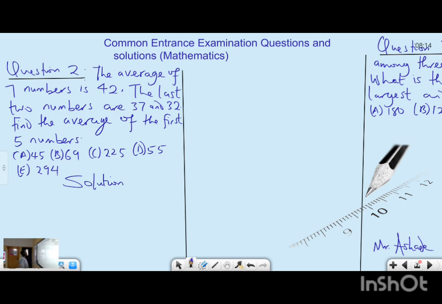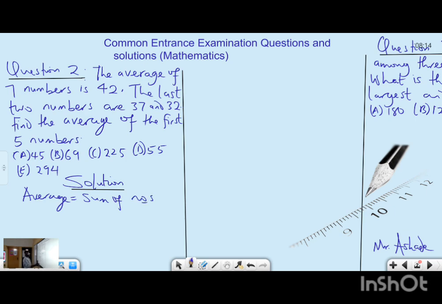The next question says, the average of 7 numbers is 42. The last 2 numbers are 37 and 32. Find the average of the first 5 numbers. So this is a question on average, and I do tell students, when you see a question on average, the first thing that should come to your mind is that average is actually sum of numbers